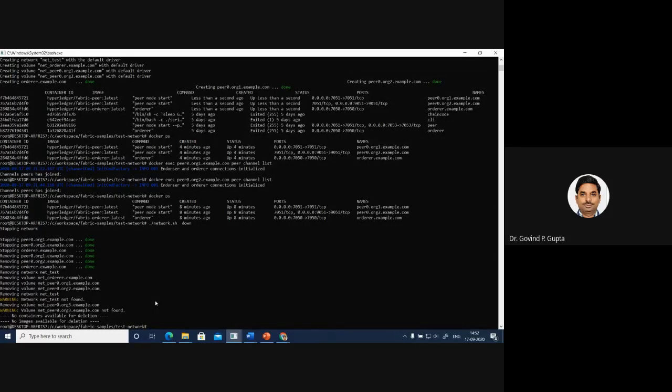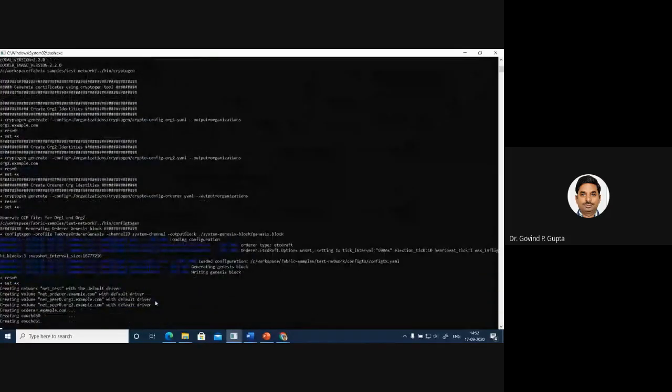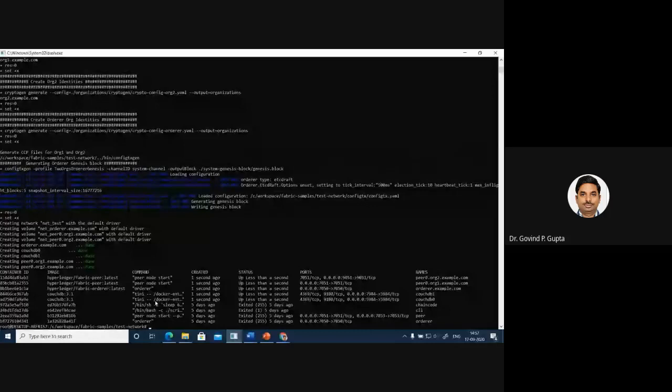Now here I want to add a CouchDB world state to each peer. So in order to add CouchDB, I'm writing the up command, and then during the execution I write -s couchdb. Now you see, again check the status of your Docker.